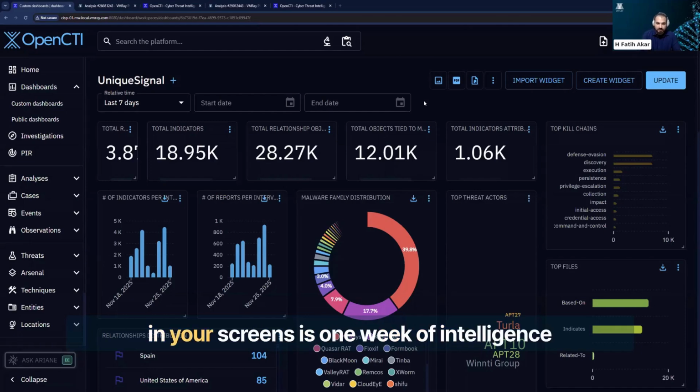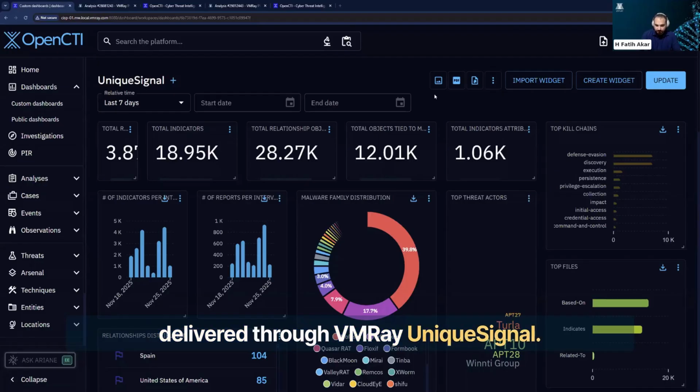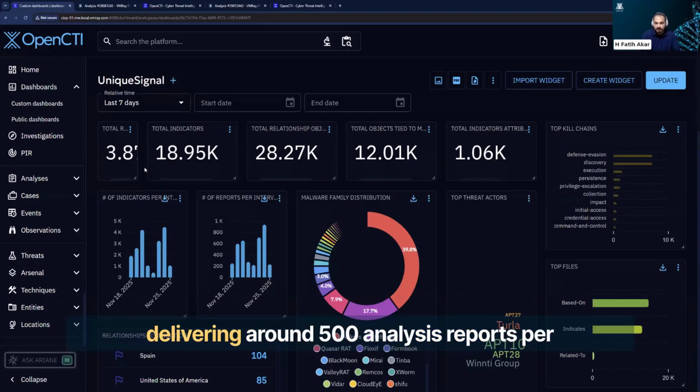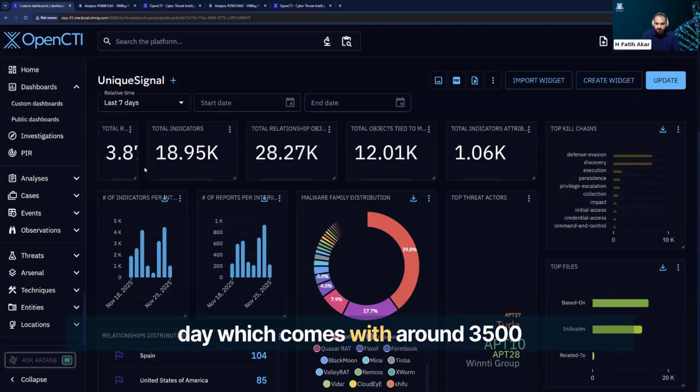What you're seeing on your screens is one week of intelligence delivered through VMRay UniqueSignal. In there, of course, there are some visualizations, a little bit cut in half, but what it says is that it's generally delivering around 500 analysis reports per day, which comes with around 500 indicators on average. And with all this, to be able to tie the story to each other, to double down on that context